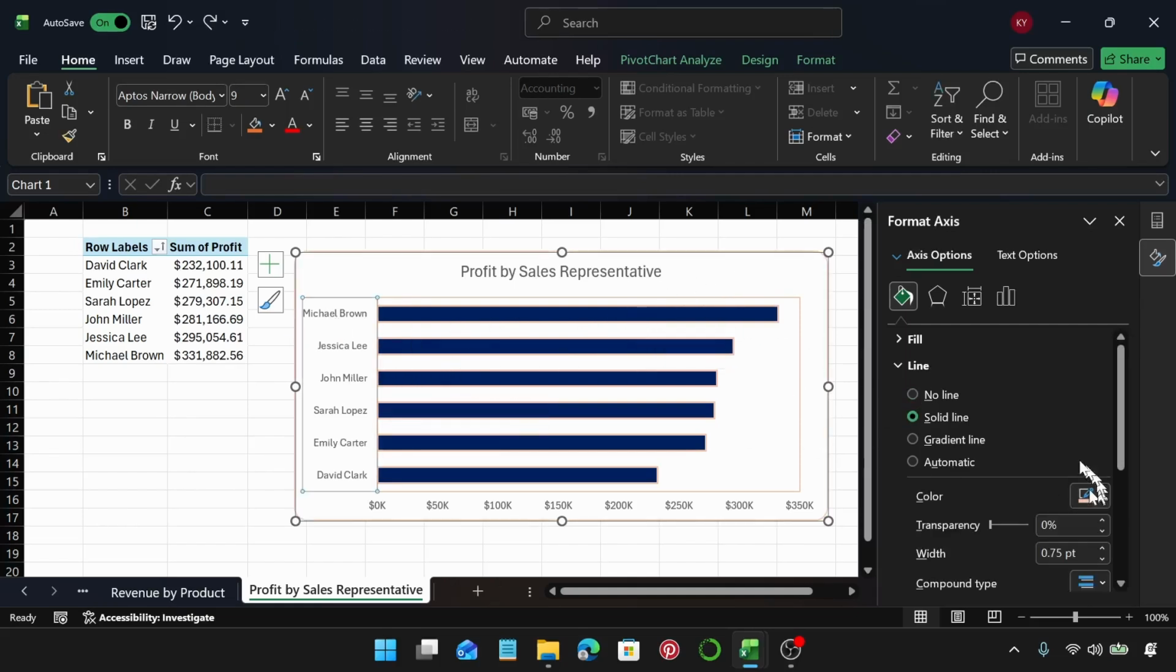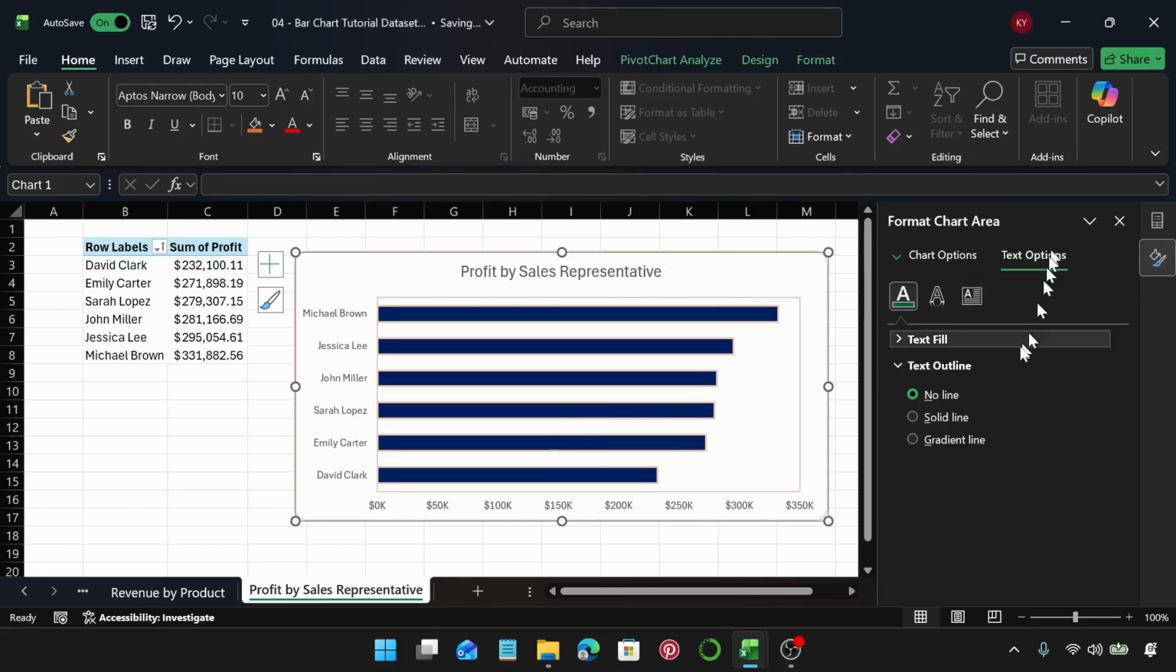I want to select this no line, so we are going to have the orange line all around our chart. Finally, let me say you wanted to change the text. As I'm on this chart right now, you can go to text options and then change the text items, but